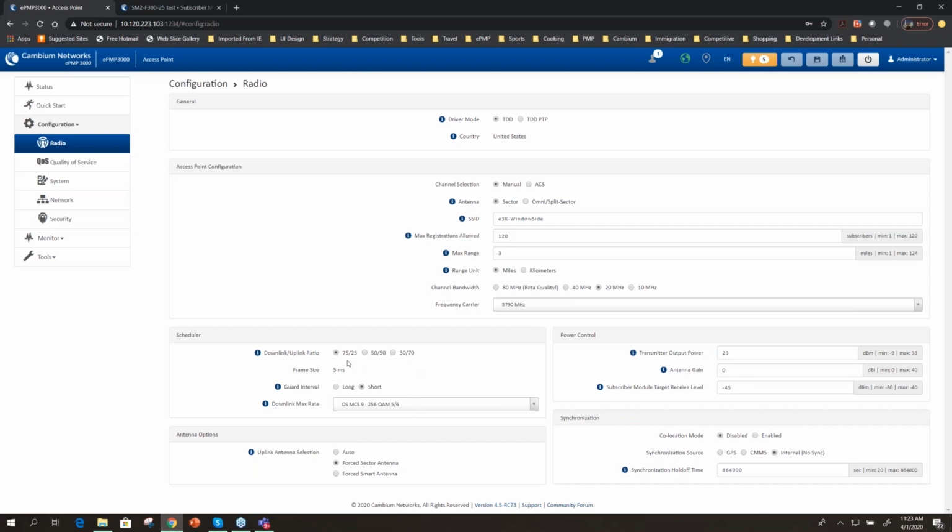Most of you in a WISP environment are going to run 75/25. As you move towards 4.5 release, you're going to see uplink antenna selection. The smart antenna support will come in, so you can leave this in auto. I will make a note about the beam steering antenna, very important note. When the ePMP 2000 was our primary product, the sector antenna on the 2000 was a 90/120 degree antenna.